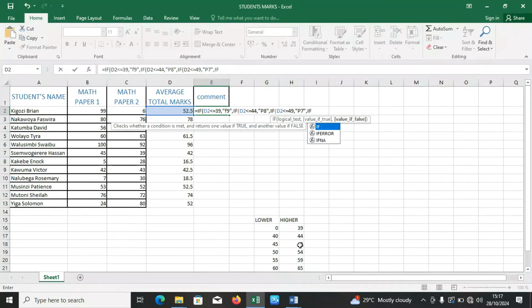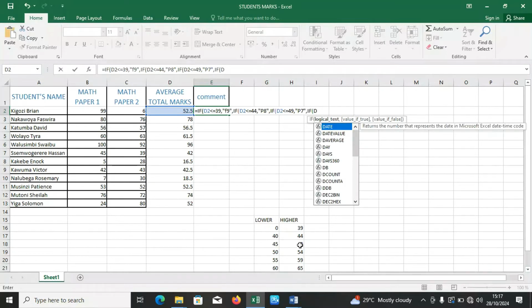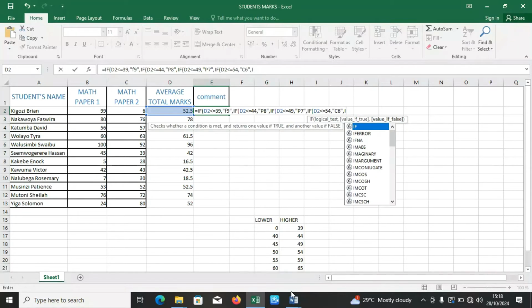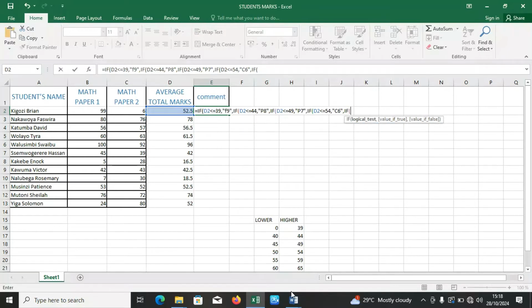If into brackets D2 is less or equal to, we finished 49, we are going to 54, comma, then we shall have into quotations credit 6 into quotations, and then put a comma and then open another if statement and say if into brackets